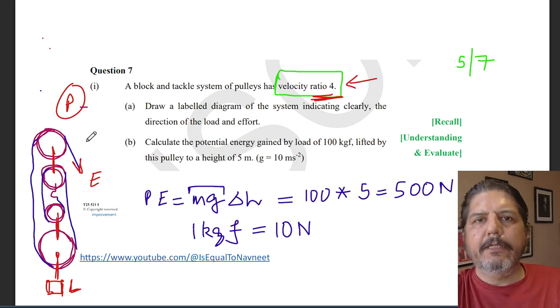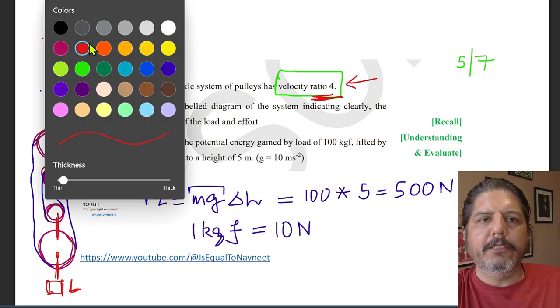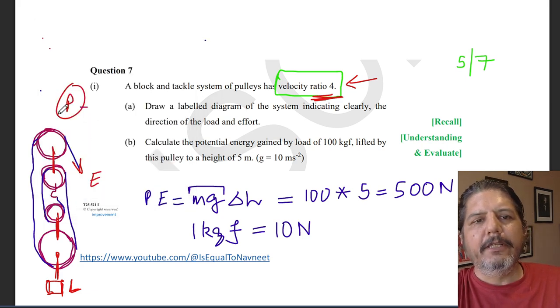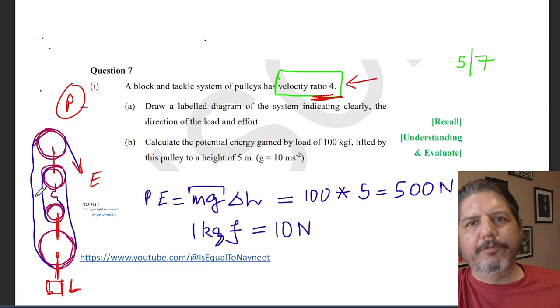One of the things that you can keep in mind is that when the thread is the same, the rope is the same, the tension is the same. So if you want to show the direction of tension also, the tension would look something like this. This way, this way, this way, this way, and this way. So we know that